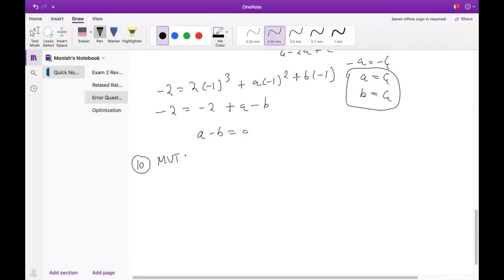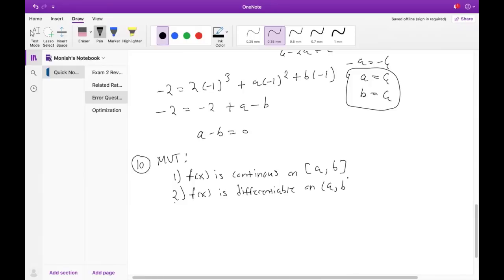Okay, so there's 3 conditions for this one. F of x is continuous on the closed interval a comma b. F of x is differentiable on the open interval a comma b. And then